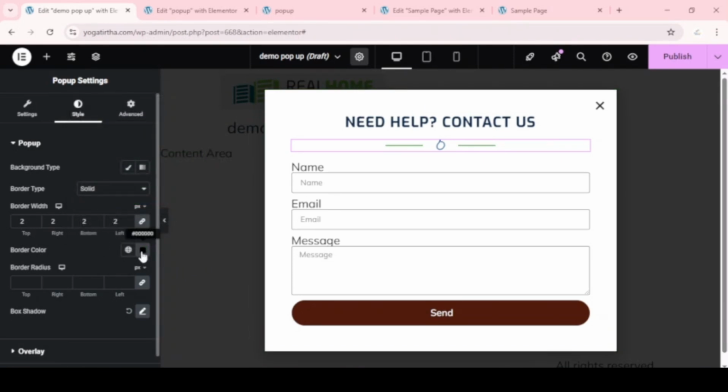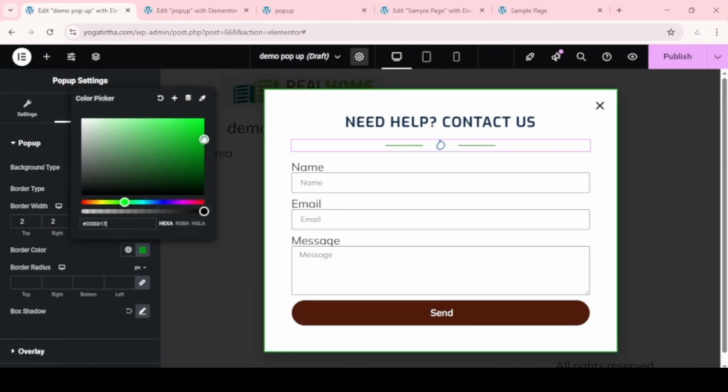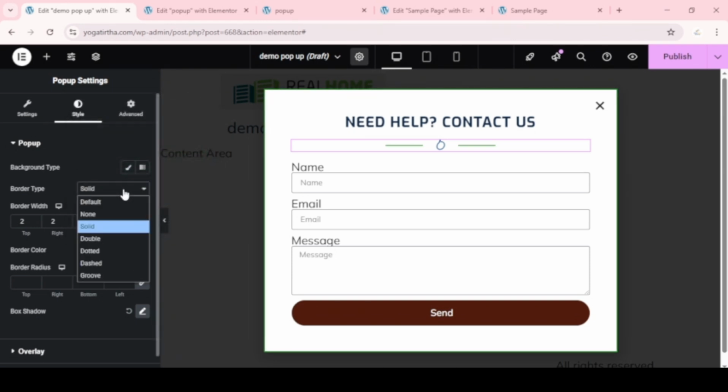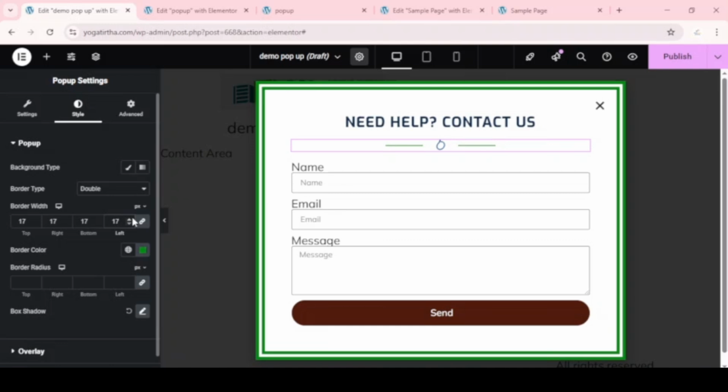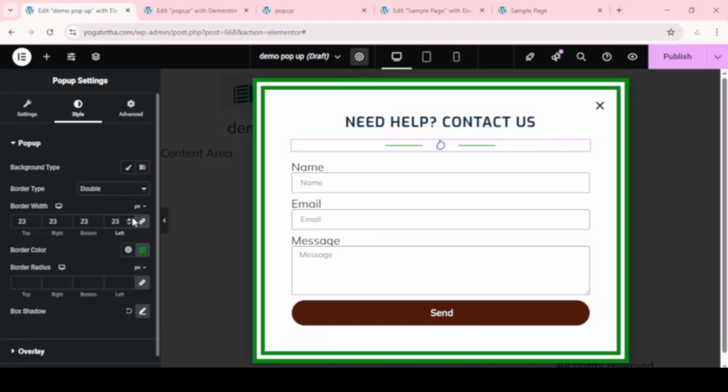There have multiple border type, double. So if I increase the width, you can see properly. Okay, double,